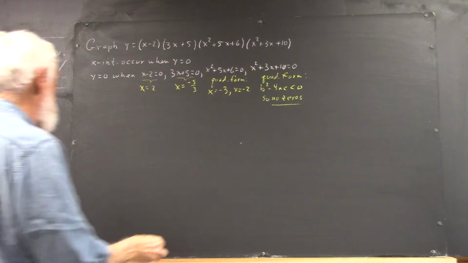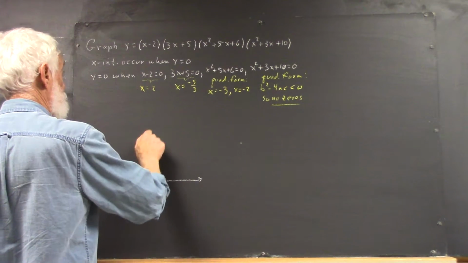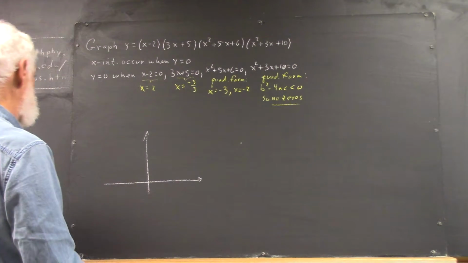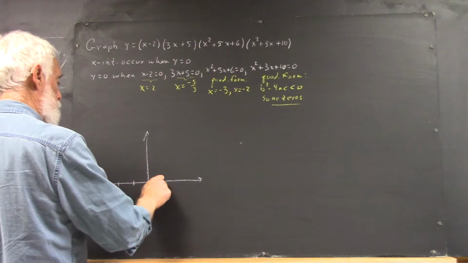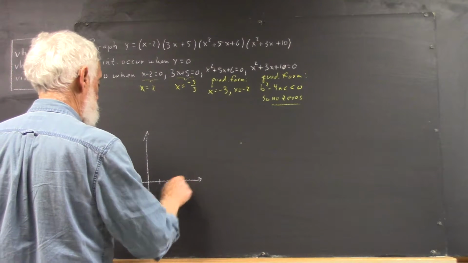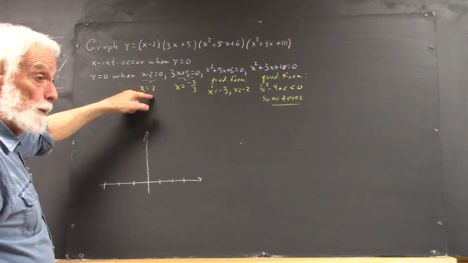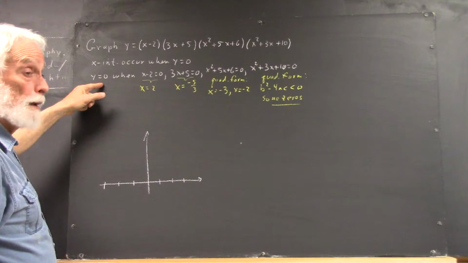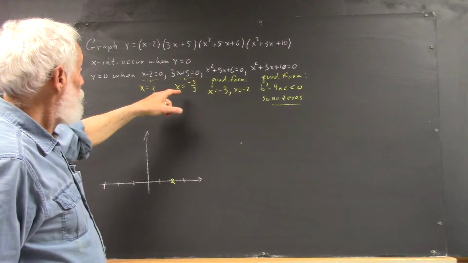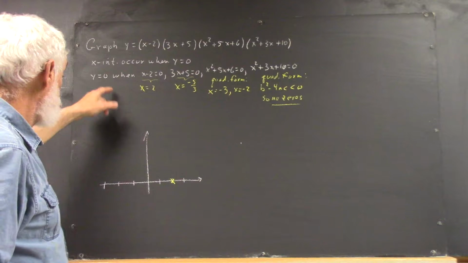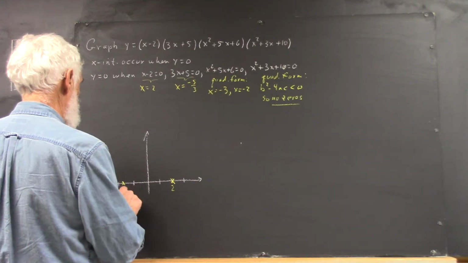But if we start making our graph, put an x-axis here and a y-axis here, and let's take x over to negative 1, negative 2, negative 3, and to 1, 2, 3, and see how many of these zeros we can plot. Well, at x equals 2, y equals 0. That means we have the point 2, 0, so this point lies on the graph. When x equals negative 5/3, y equals 0. Well, negative 5/3 is about here. So here we've got 2, here we've got negative 5/3,